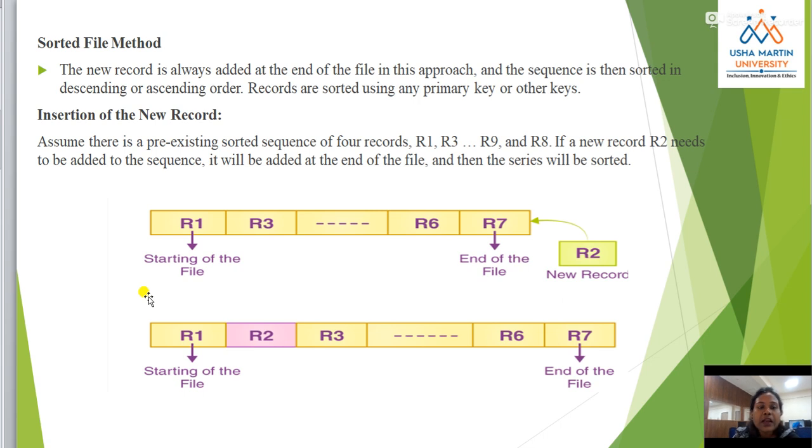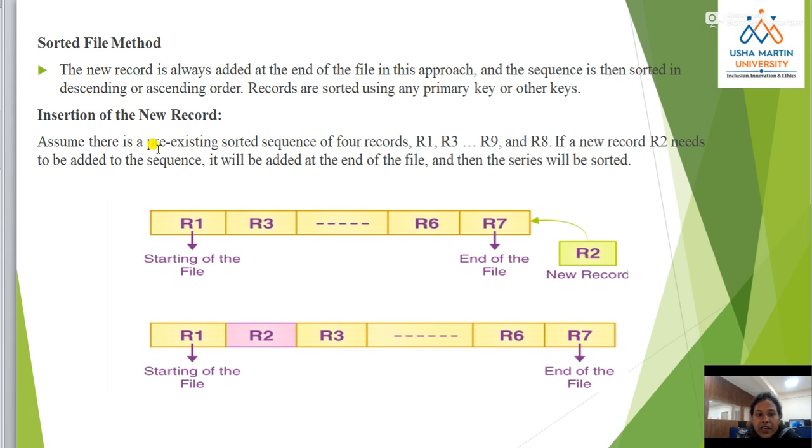But what happens in the sorted file method? In this diagram you can see our record is record number 2, and obviously we have to store record number 2 before R3. This is the desired and actual position for storing. So if the new record R2 came, we have to go to the position before R3 and store it there.